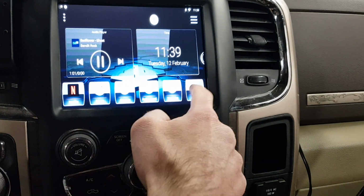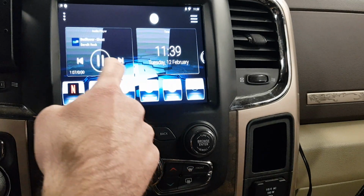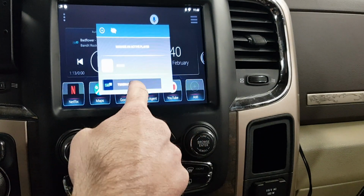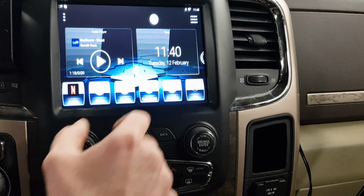It will look like this. Here you can have all your apps. This app costs like $2. Then you can have here, you can select what media control you want to control. Now we want to control the tuning radio. Then you will have here